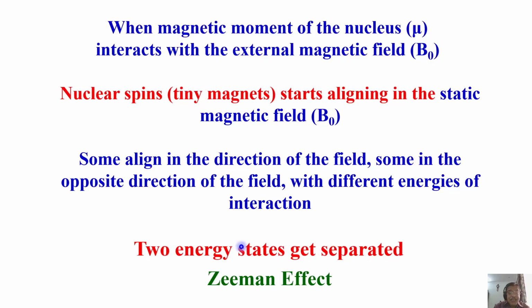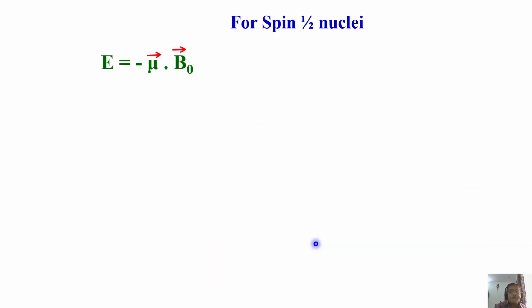This is called Zeeman effect. It's a very well known thing. All of you must have studied it in some spectroscopy. Zeeman effect is nothing but the interaction of the magnetic moment with the external field. It's the largest interaction strength among all the external interactions, and even some of the internal interactions, such as the quadrupole moment and nuclei. Among all the interaction strengths, especially external interaction, Zeeman interaction is the largest.